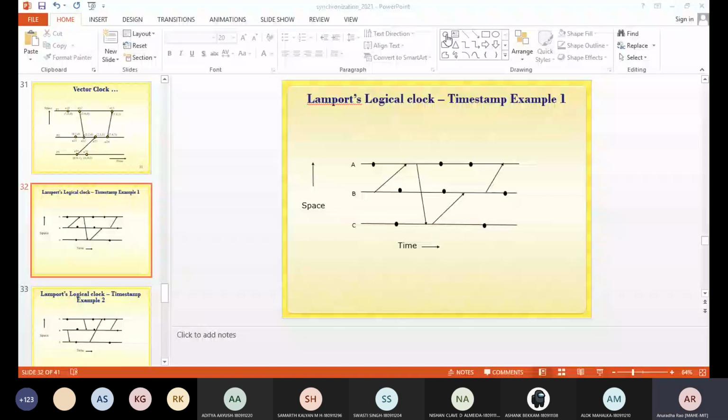So one of you respond. Are all of you able to see the example which is being put up?